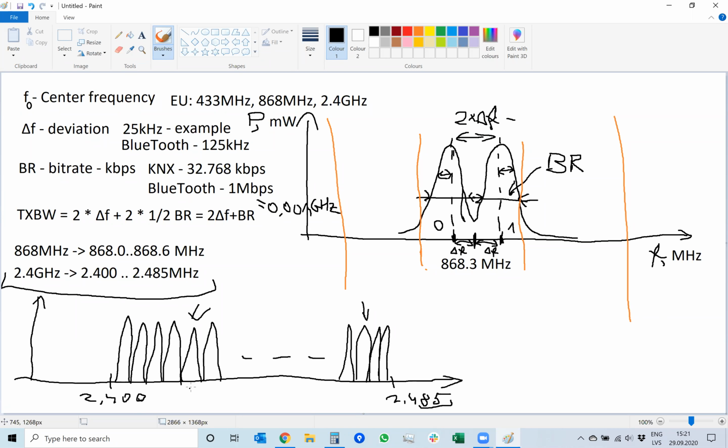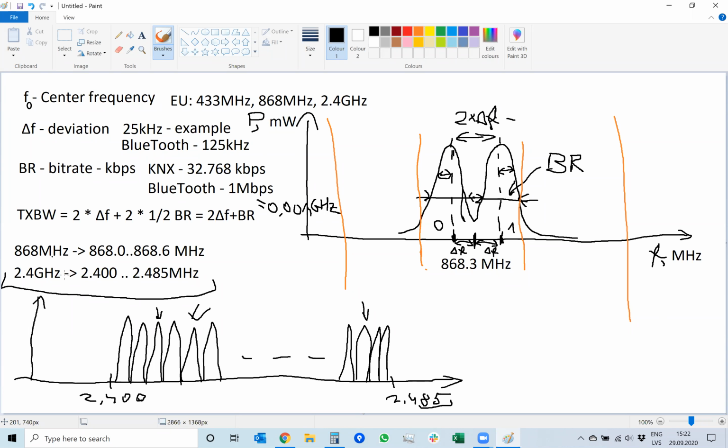So for example, in this 2.4 gigahertz band, you have Wi-Fi, Bluetooth, and also microwave ovens. So there's a probability that somebody else is going to be talking in a certain channel. So Bluetooth devices just jump through the channels at high speed, looking for free channels and sending information over those. In 868.3 megahertz, you can only have maybe 4 or 6 channels, but at 2.4 gigahertz you can have, for example, 85 channels, each 1 megahertz wide, so high speed transmission, low interference.